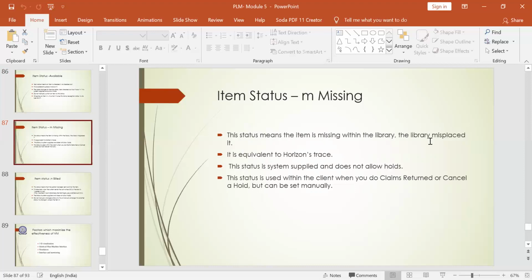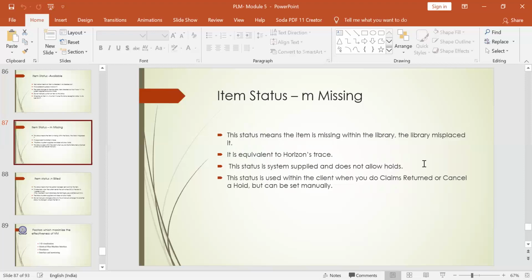When it is misplaced somewhere, it has to be identified and supplied to the library. In this case, the system does not allow any holds on it because the item is missing. It is somewhere; it has to be identified where it is, and hence the system will not have any holds on it. Only in this status can you change